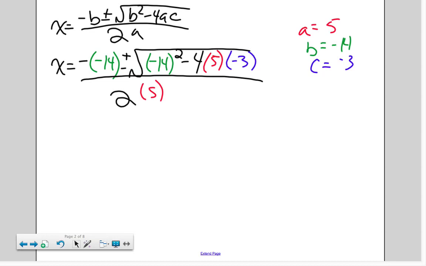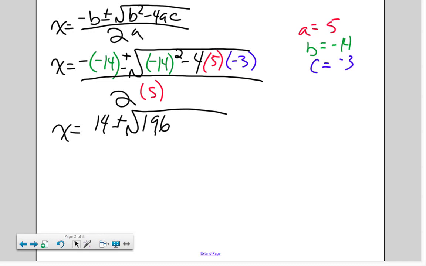Okay? So what I know is that as some of you were walking around, you left the negative 14 not with brackets. So when you squared it, you got a negative number. Okay? It's the value of b. So in this case, the value of b is negative 14, so you have to take negative 14 squared. That number will always be positive because we're squaring it. Okay? So here x is equal to, negative of a negative just gives us 14, plus or minus the square root of 14 squared is